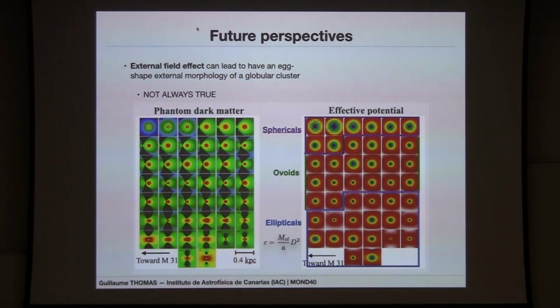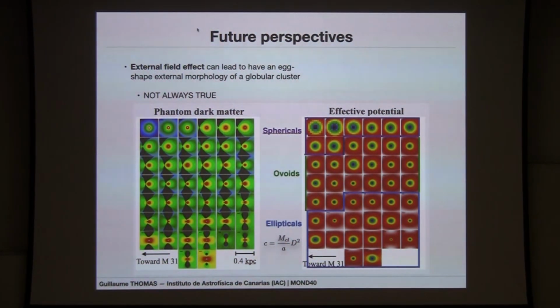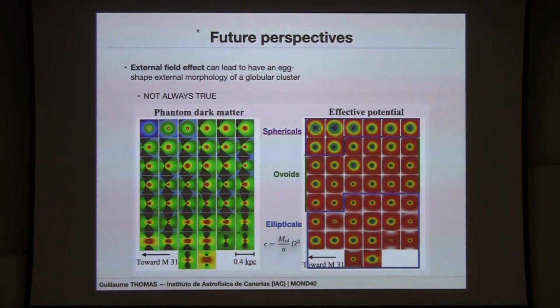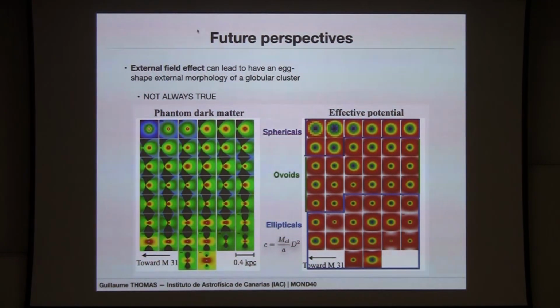If the object is far away, the line of sight is more or less parallel to the external field. Yes, so you expect to see nothing. Exactly. So that's why I was saying it's really depending on the location where you are inside. At some point, we are too far away to be affected by the external field effects. And that's the problem, really, to quantify this.